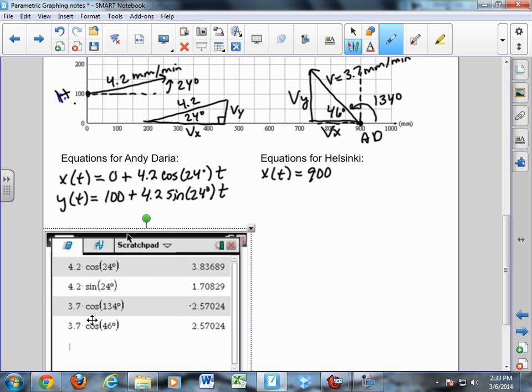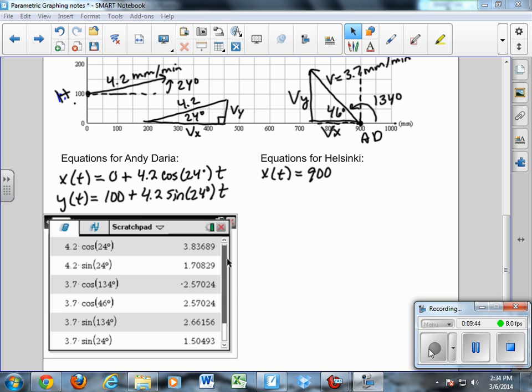Matter of fact, I think I'm going to pause and do that right now. Okay, so what have we got here? Notice cosine and sine of 24 are both positive, as we would expect. Cosine of 134 is negative, and sine of 134 is positive. That matches what we would expect to see. If we use 46,